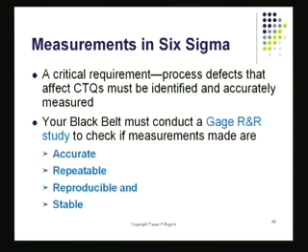Measurements in Six Sigma. Now, what kind of measurements do we want to make? We've got to measure these CTQs. Any instrument you are using, and this goes without saying, if the gauge you are using is poor, the data that it produces is also going to be poor. So you may have a perfect identification for the CTQ, but if you're not able to measure those CTQs quantitatively, correctly, accurately, repeatedly, reproducibly and stably,